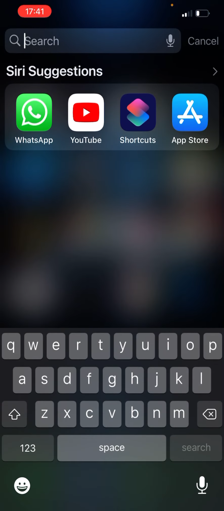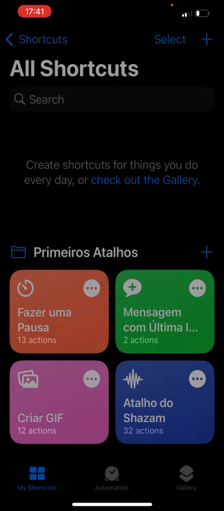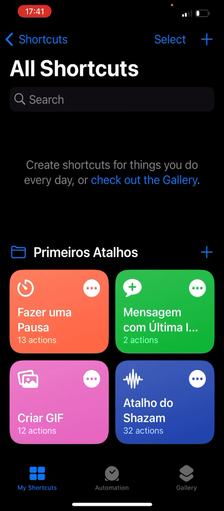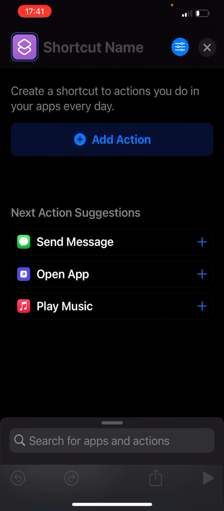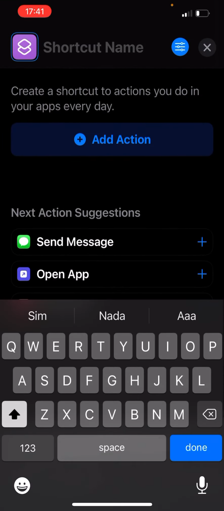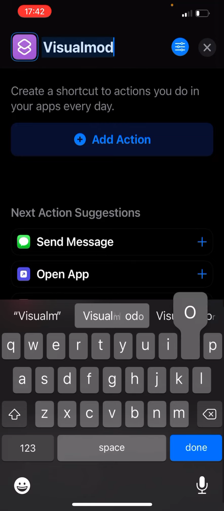So the very first thing to do is make sure that you have the Shortcuts app installed on your iPhone. In the case that you don't have it, just go to the App Store and search for Shortcuts, this one. Once right here, we're going to click on this top right corner plus button, and we're going to apply a name to our shortcut. Don't type secret camera, type something that any person who is looking at your iPhone screen will not see, okay? So I'm going to type Visual Modo